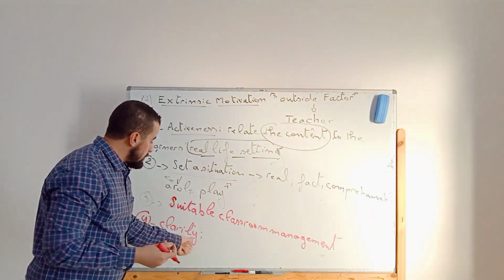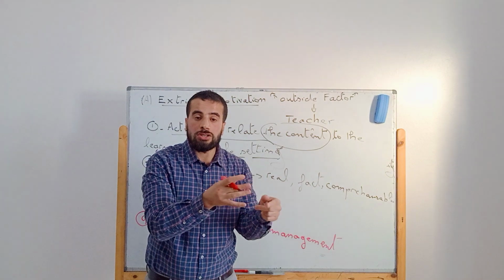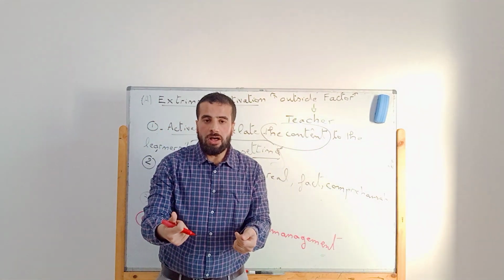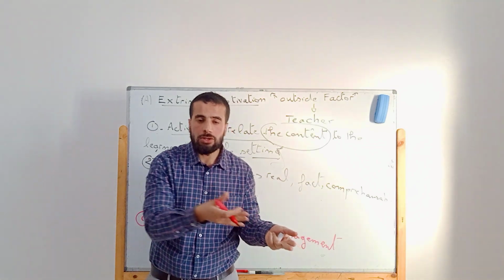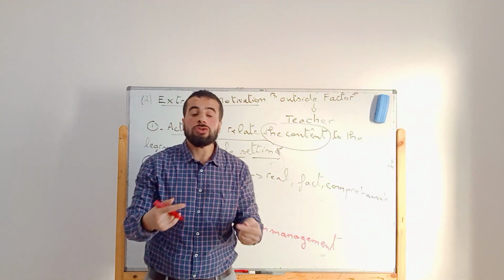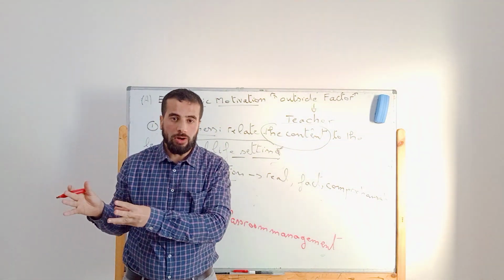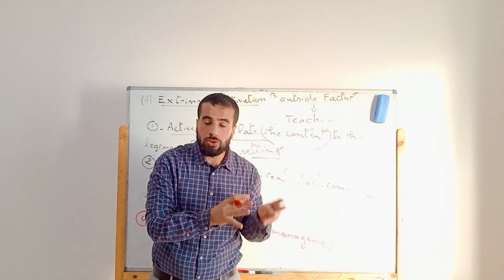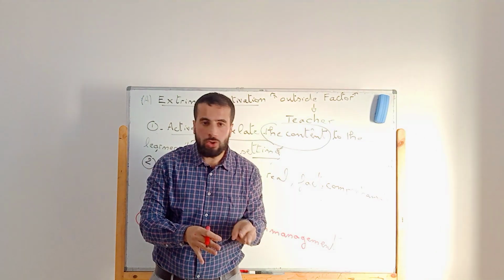So here, for example, when you provide instruction of the task, you need to state it the first time. If students did not understand what you are trying to say, here you need to restate again, but in a different form, right? You need to make it easier